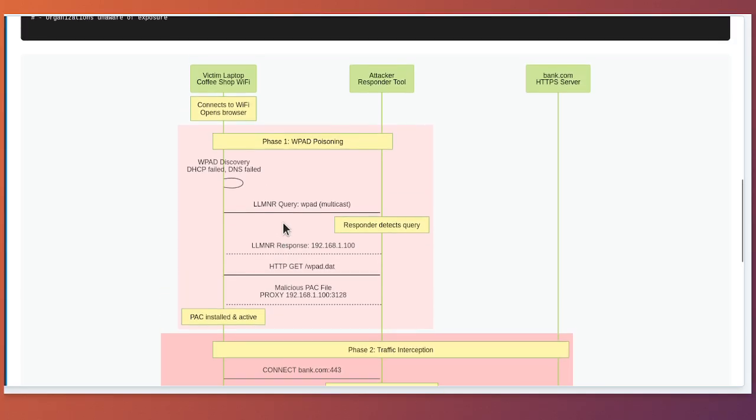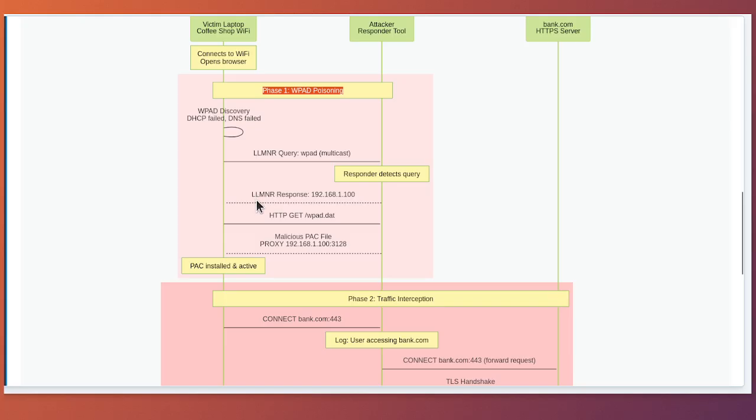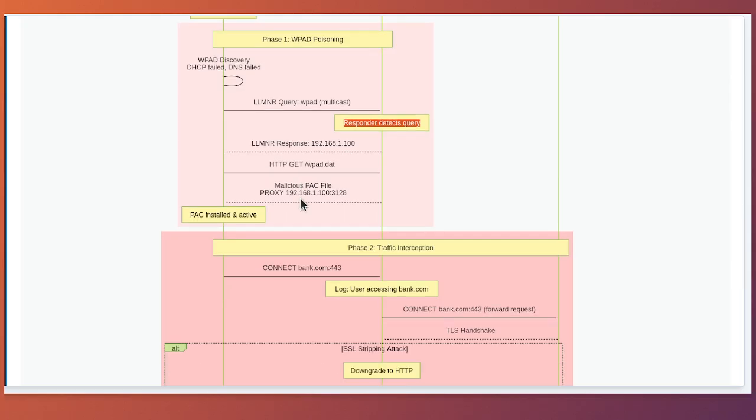The most prevalent attack scenario is the corporate network insider threat or the coffee shop evil twin attack. In this scenario, an attacker either gains physical access to a corporate network segment or sets up a rogue wireless access point that mimics a legitimate public Wi-Fi network. When victims connect to this network, their Windows computers immediately begin WPAD discovery. The attacker runs tools like Responder or similar frameworks that monitor for DHCP requests, DNS queries, and LLMNR broadcasts related to WPAD. As soon as they observe a WPAD query, they respond with a malicious PAC file hosted on their